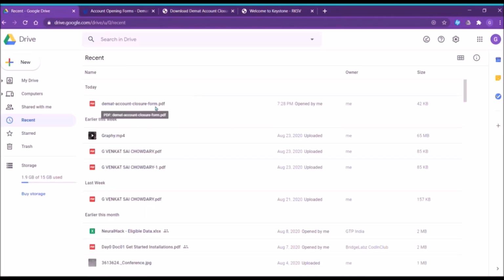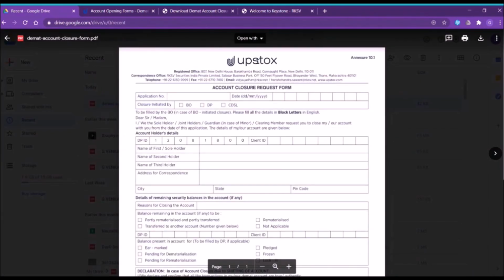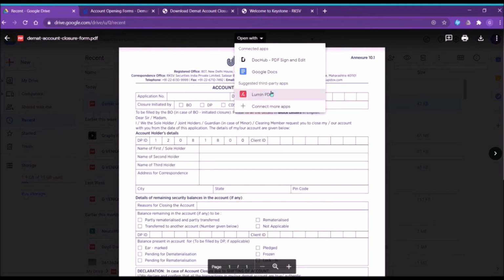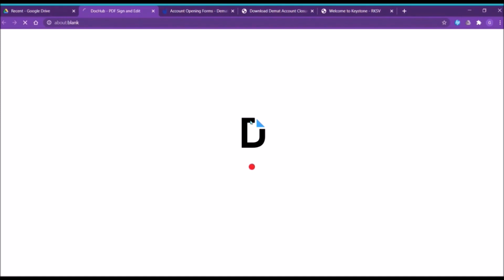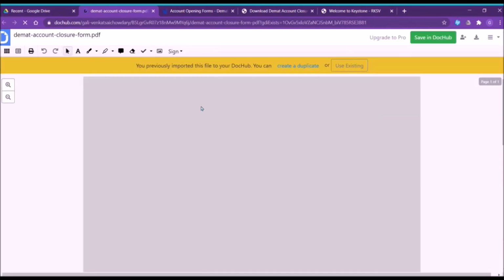I'm opening it in my Drive to edit that form. I'm clicking open with and I will select Doc Hub. By selecting this, it will give edit access to us.